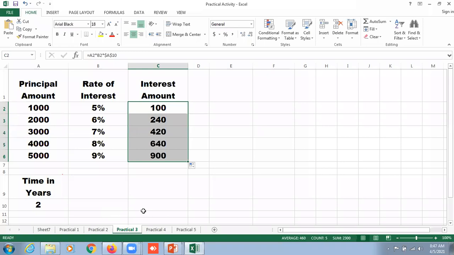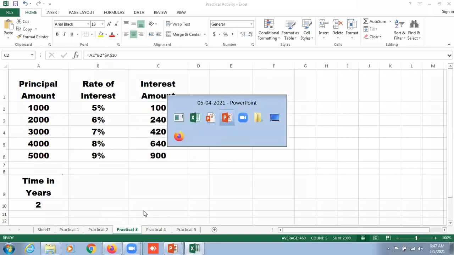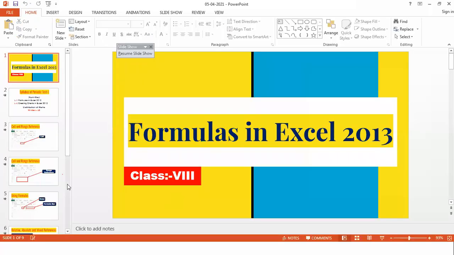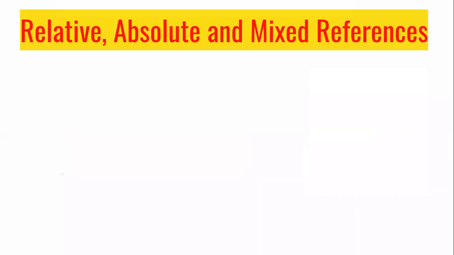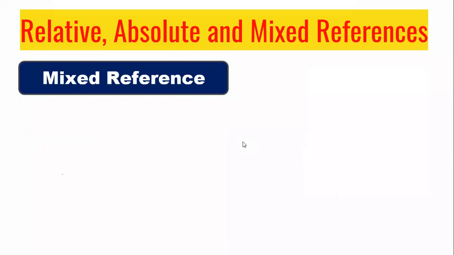Okay, my dear respected students, again we are supposed to begin with the last concept. I think this is the last one. Very good, great. Now the next thing we are talking about is mixed reference. It's my humble request, kindly concentrate. I'm not going to elaborate anything after this. I think one more topic is there, but you are supposed to concentrate on this topic, please.